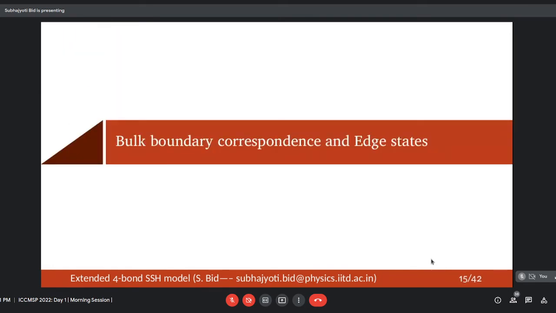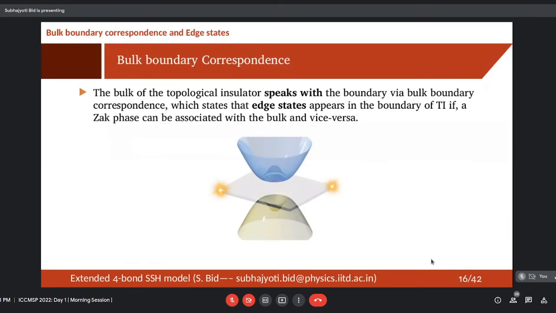So, another most important thing is called the bulk-boundary correspondence and the edge states. These are very much important experimentally also. And I will describe this bulk-boundary correspondence. That is, the bulk of the topological insulator speaks with the boundary via bulk-boundary correspondence, which states that edge